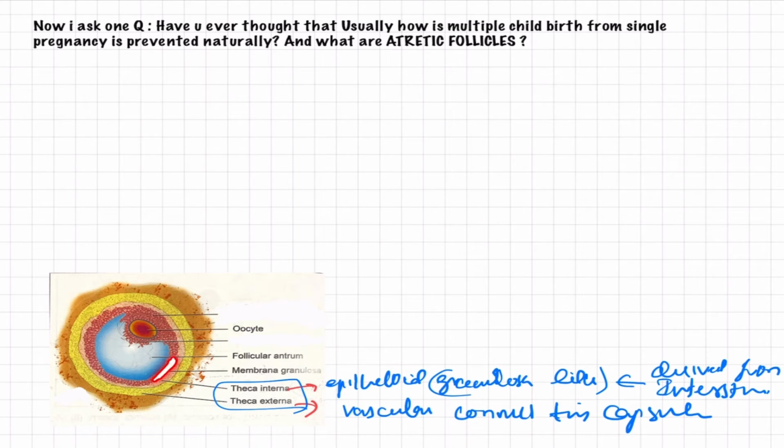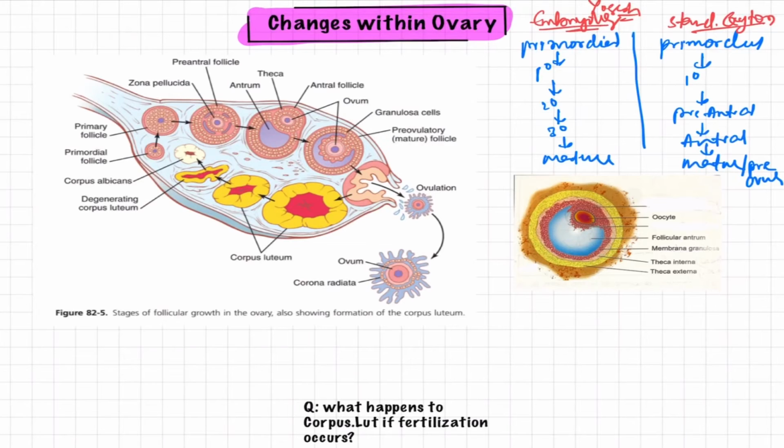This is the membrana granulosa, no? So these are the Theca. This is the Theca interna, this is the Theca externa. They are present outside the follicle. Okay, this is the follicular antrum, you can see very clearly. This is the oocyte. Okay, so to come back to this slide, after ovulation takes place, all these things